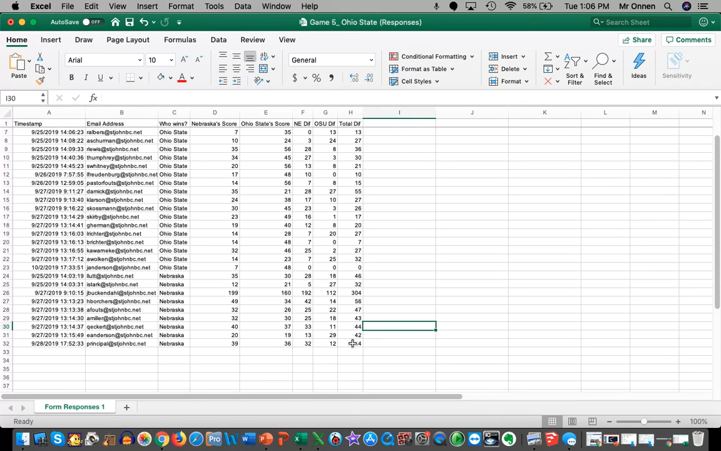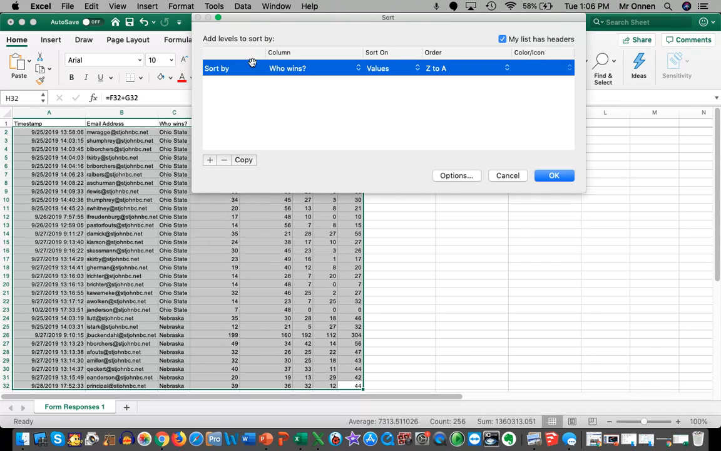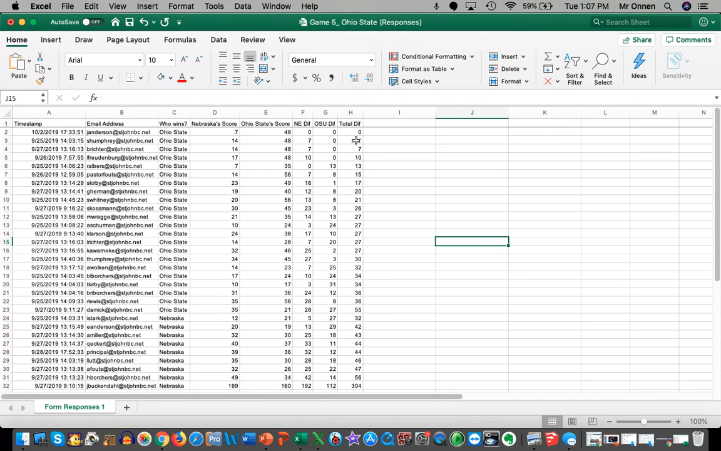So we're going to highlight all of this data, data sort, we're going to keep this, and we're going to hit add, and we're going to add another rule. The next rule that we're going to sort by is the total diff, and we're going to go with smallest to largest. We want the person closest, so we want smallest, click OK. So now somebody was right on